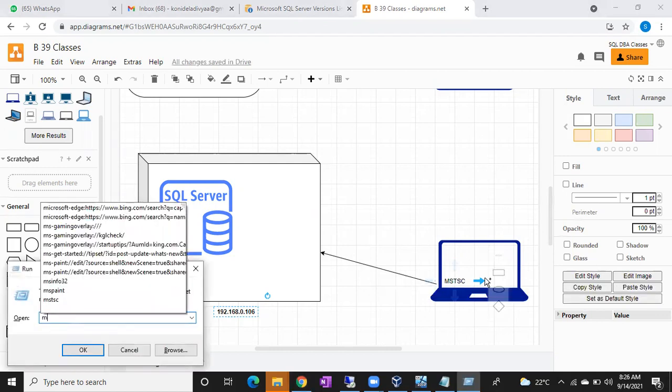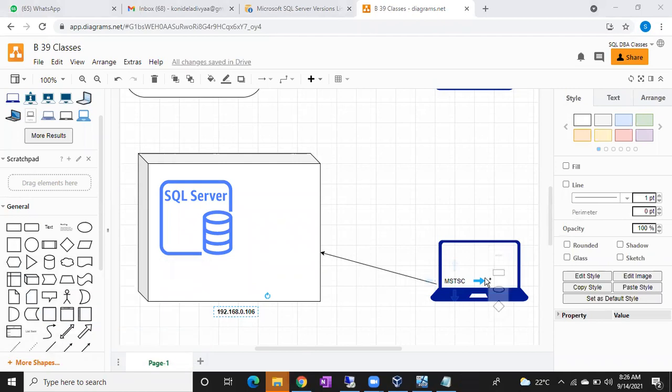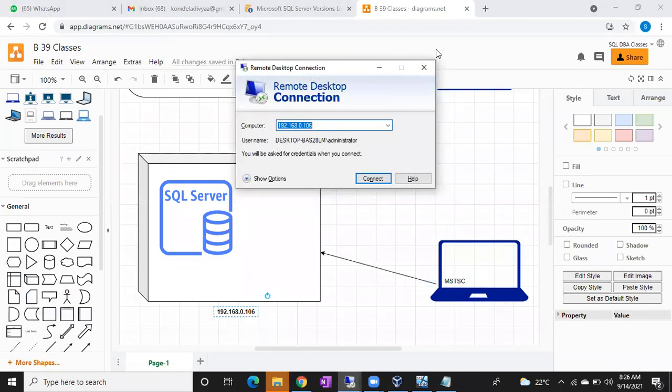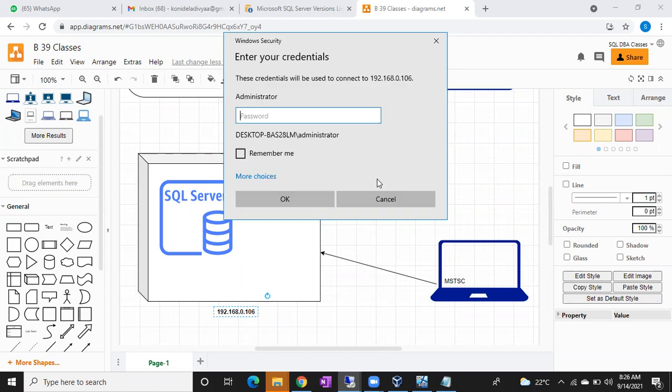Now if you type here, you will get this window. Just click on the connect button.